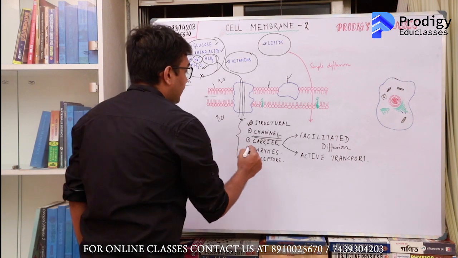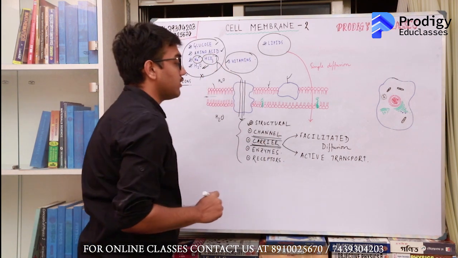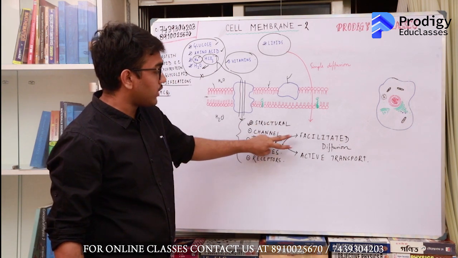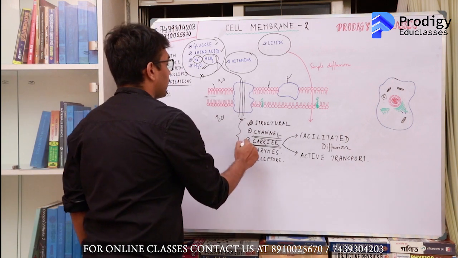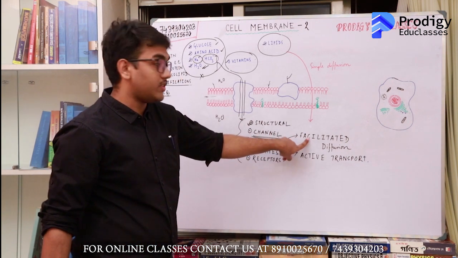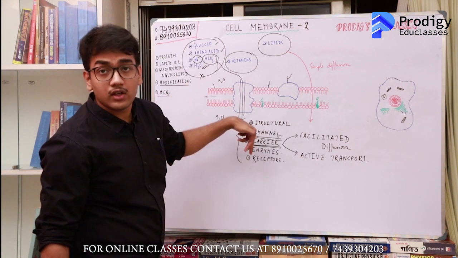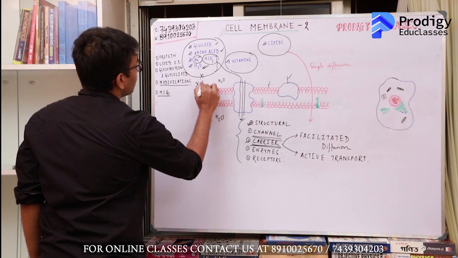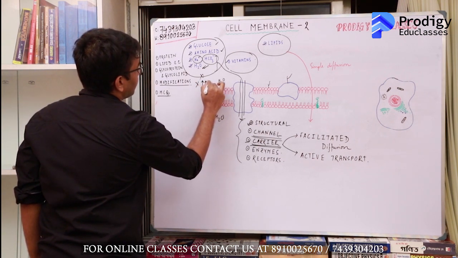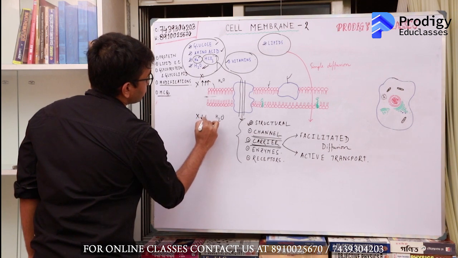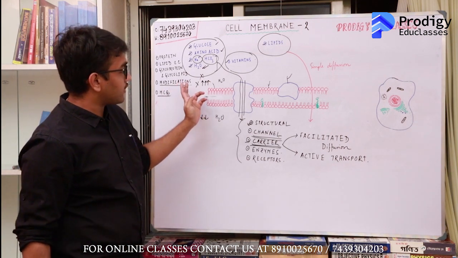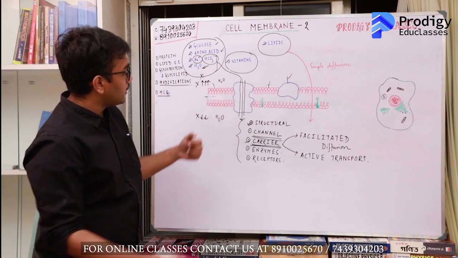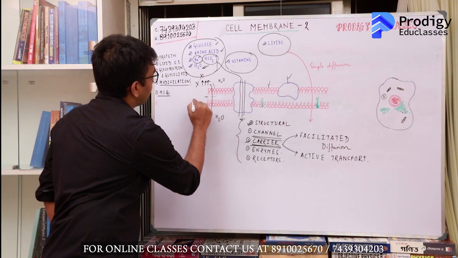Okay. So this carrier protein mediated transport may be of two types. One is facilitated diffusion, another is active transport. What is the difference? Both will occur through carrier proteins, but in facilitated diffusion, the transport will occur along the concentration gradient. Like imagine something X being more on the outside and less on the inside. So if you want to move X from outside inwards and X is a hydrophilic complex molecule, you'll find that you're going along the concentration gradient.